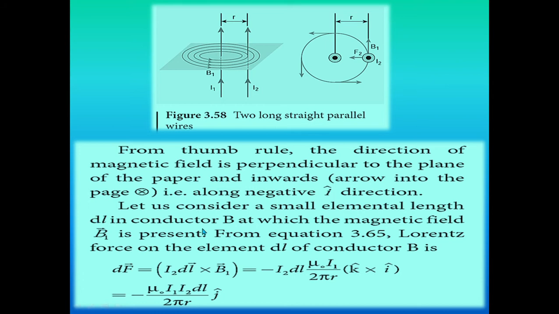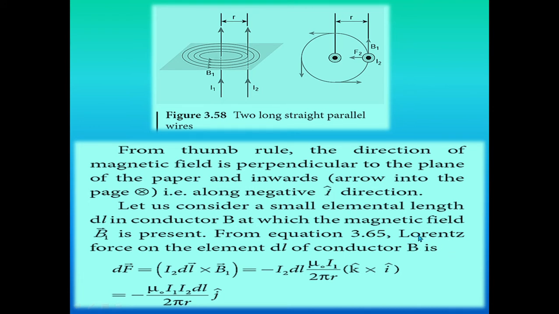So the small element dl in conductor B is at the place where the magnetic field B1 vector is present. From equation 3.65, the Lorentz force on the element dl of conductor B is